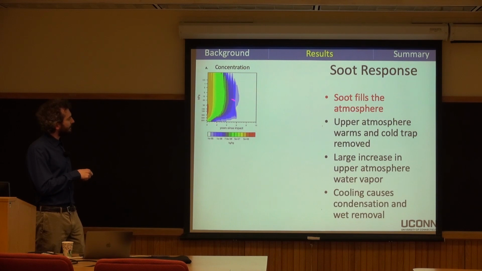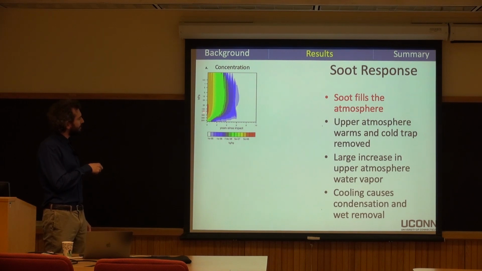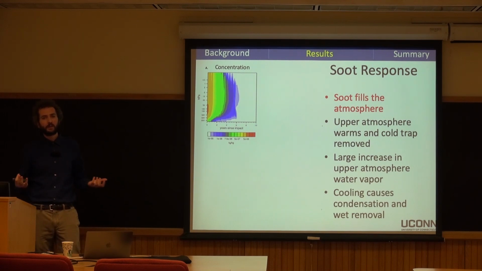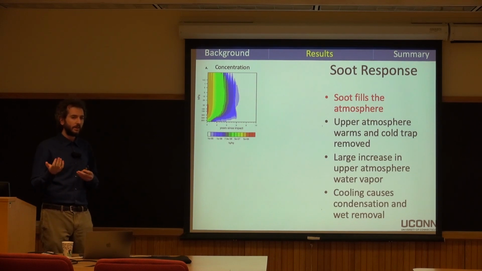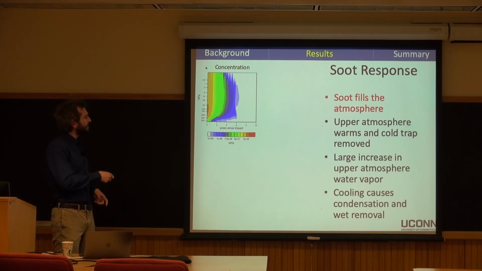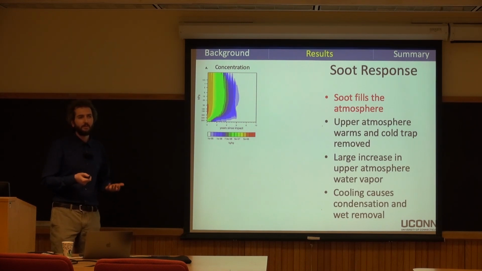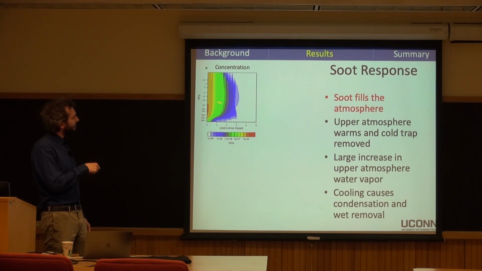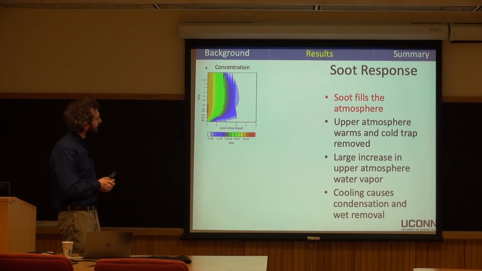So here I have the soot concentration again, as shown in the previous slide. And what I didn't mention is that even though you're emitting at the tropopause, it's able to loft into the upper atmosphere because soot's a very good absorber of shortwave radiation. So the shortwave radiation comes in, gets absorbed by the soot, and then re-emitted, and actually is able to heat the surrounding atmosphere and loft that soot, or at least a good portion of it, up into the upper levels of the atmosphere. And then, as I mentioned, it's able to settle out gravitationally through time, and then abruptly deposit out around year 6. So why is that abrupt deposit occurring?